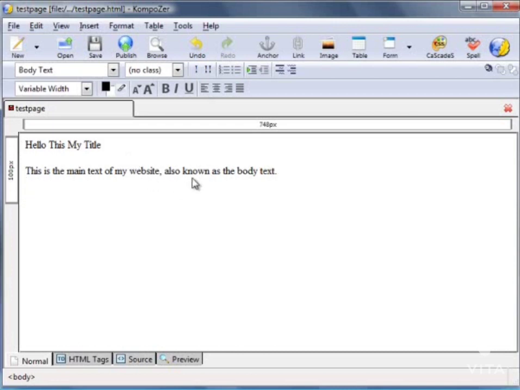Okay, so by default, this is known as the body text, and you'll see here within this field it states body text, which is the format of what you see. So there is a way to change that body text by using the CSS. To get into the CSS, click on the Cascades icon there,